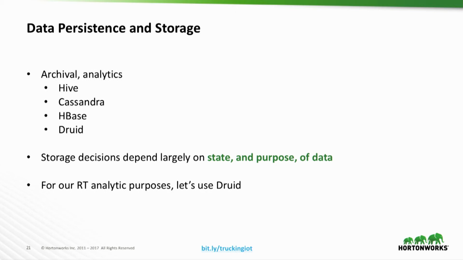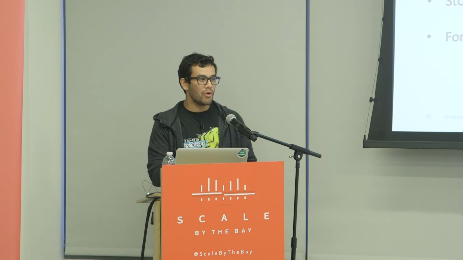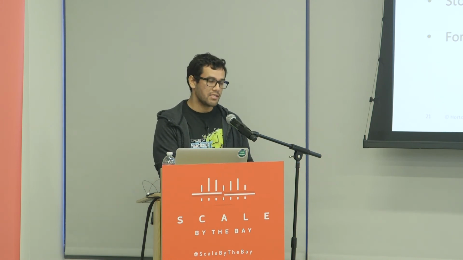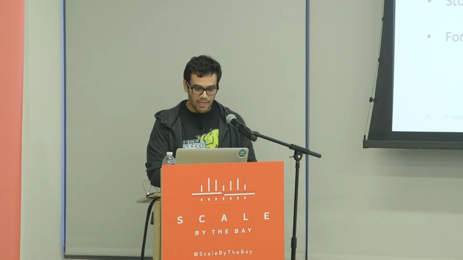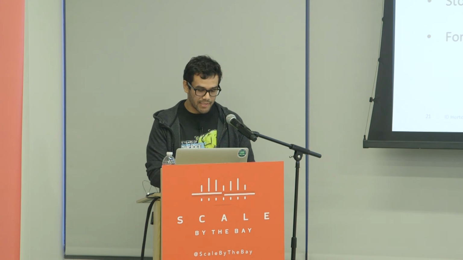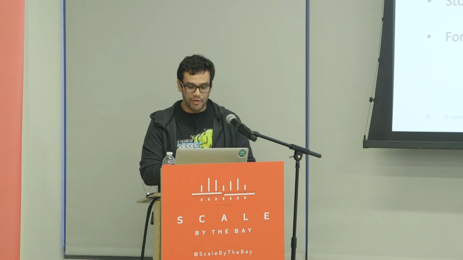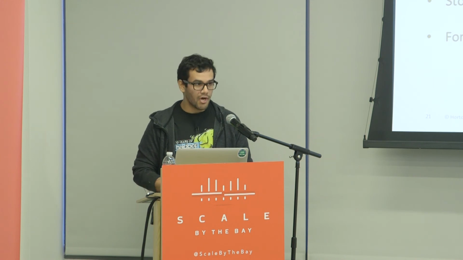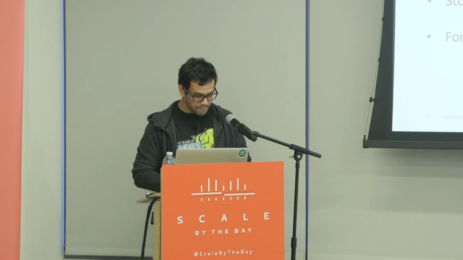And again, it really depends on what the state of your data is and the purpose of your data. Whether it's just to dump into cold storage for later, if it's for always-on applications where you need to query the data often, or in our case, if we want to perform sub-second queries where we need information as soon as we can, so that we make sure our drivers are safe. And so for that, we're going to use Druid. We saw Druid a second ago. Druid is a high-performance column-oriented distributed data store. There was a talk on Druid right before this one.